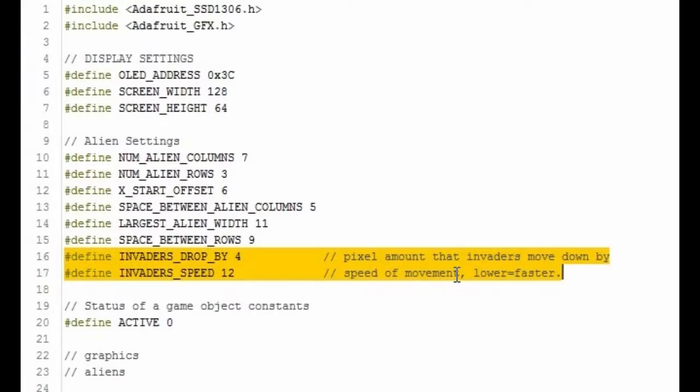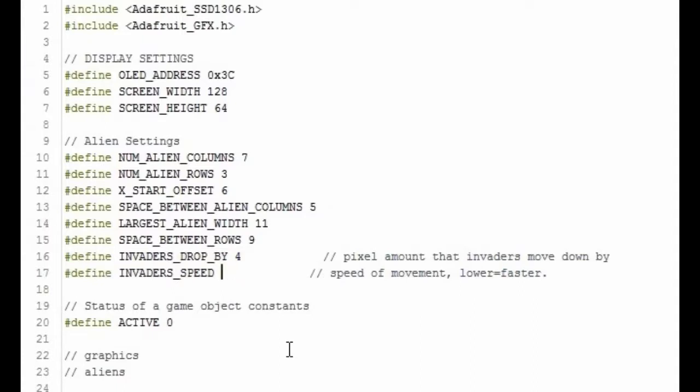So the lower the faster, which sounds kind of counterintuitive. You think of higher numbers meaning higher speed. In this case, it just makes it a lot easier for the programming. In fact, we saw the speed before, if I drop that to say 4, so it's about a third of the speed, and we'll upload that,